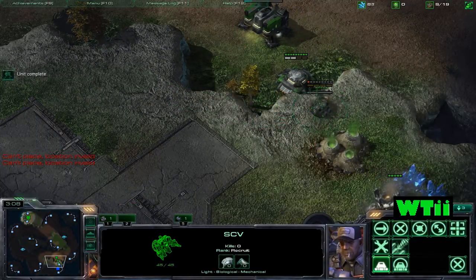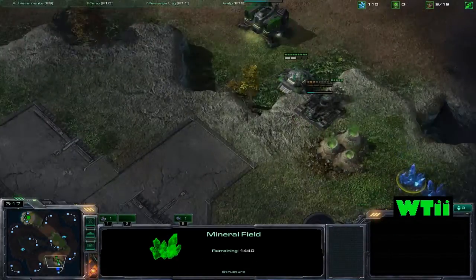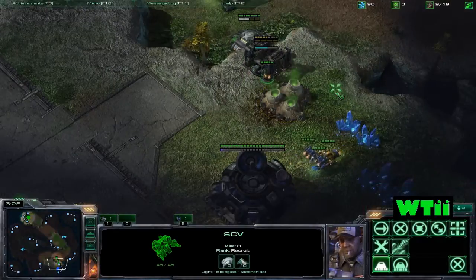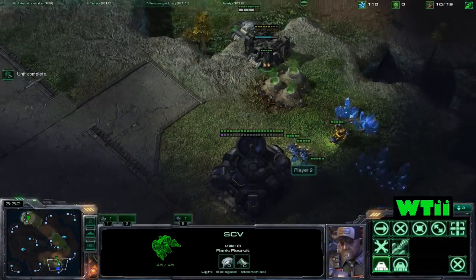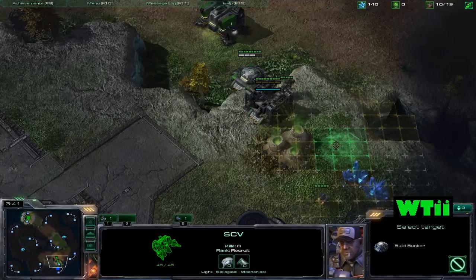Get another bunker down close to where your original bunker is, but also within range to attack the minerals or the SCVs that are mining minerals. So constantly be building marines at this point. As soon as that bunker's down, you're probably going to place another one about here. That way you can make it even harder for the SCVs if they do choose to attack the bunkers up here, because they won't be able to reach it very easily, or they won't get a strong, large surface area